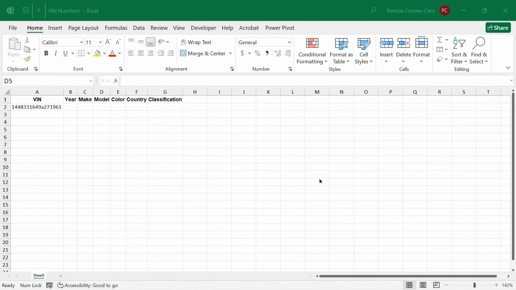I've gone ahead and opened the VIN numbers Excel file that was in the video description, and I still have my vehicles macro enabled file open, but our focus right now is going to be on this file. It only has one sheet, it has one VIN number, and it has several other columns: year, make, model, color, country, classification. What we're going to do is insert a new module, create a sub-procedure, and declare 6